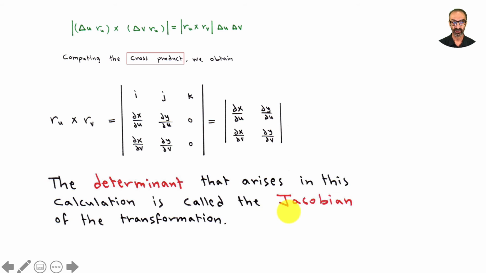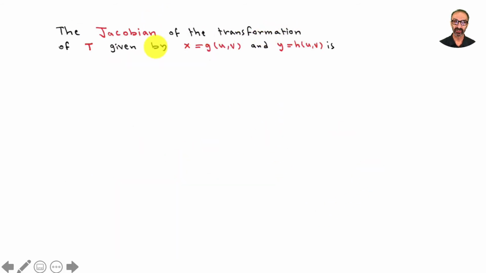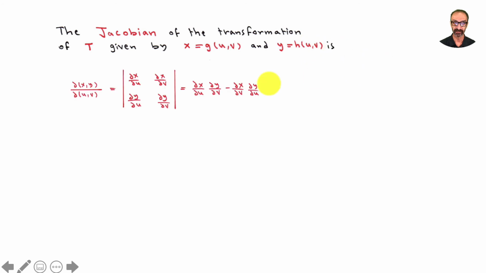Okay, so the Jacobian is part of the transformation that happens in different topics like the polar form, the cylindrical form, the spherical form, and so on. But this one is in general. It doesn't have to be called polar form. The Jacobian of the transformation T given by x equals g of uv and y equals h of uv is the following. That's the cross product that we have, the determinant,